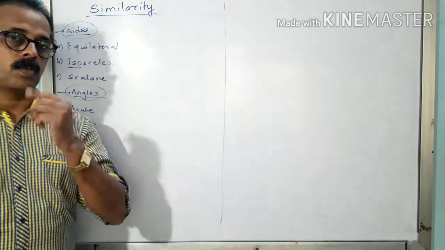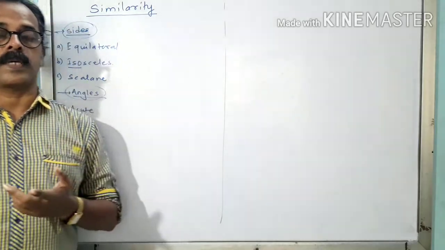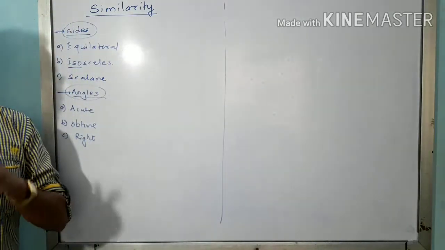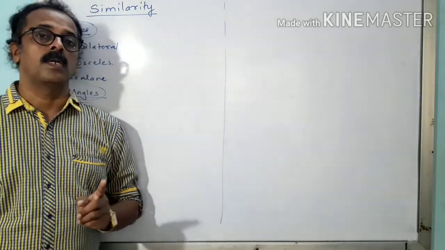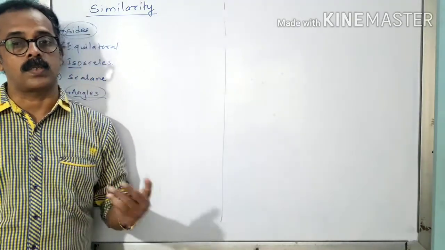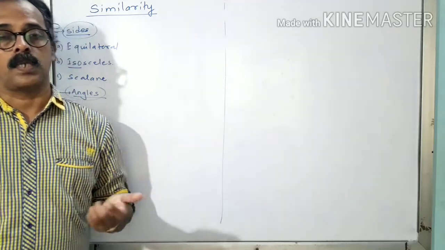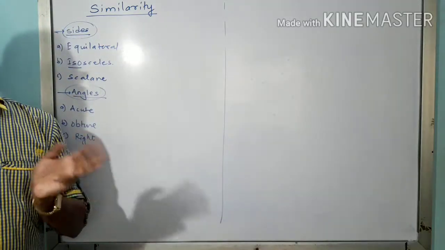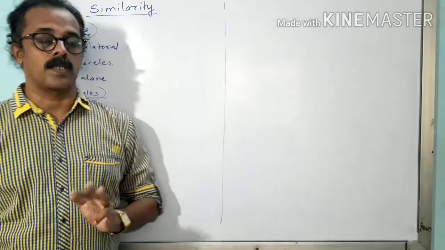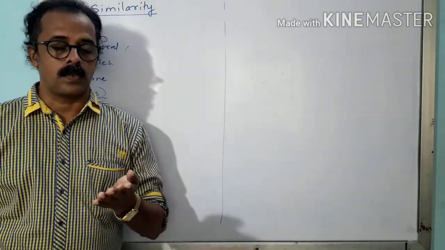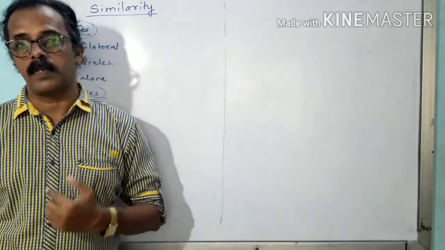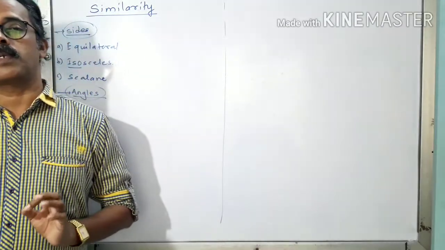Next I asked you about the pair of angles. Now what is the meaning of pair of angles? The first pair of angles you studied in your geometry is the linear pair axiom or adjacent angles. There are other types of pairs of angles we come across, namely complementary and supplementary angles. The meaning of complementary is what?